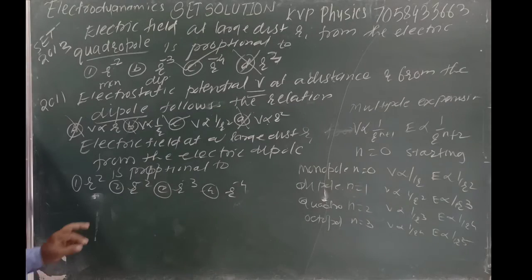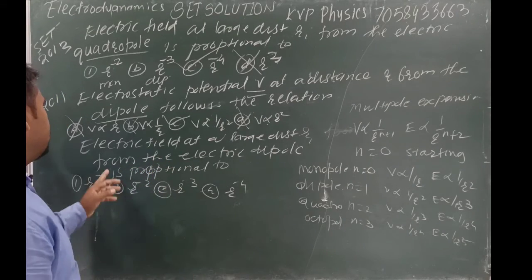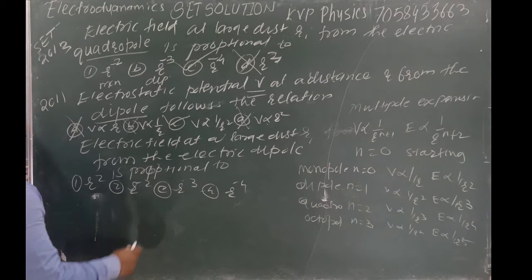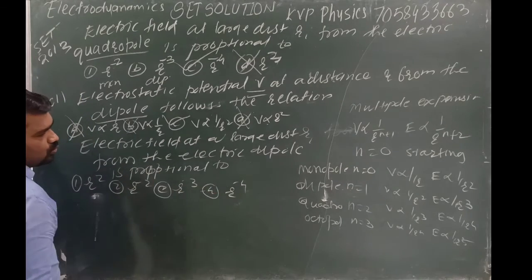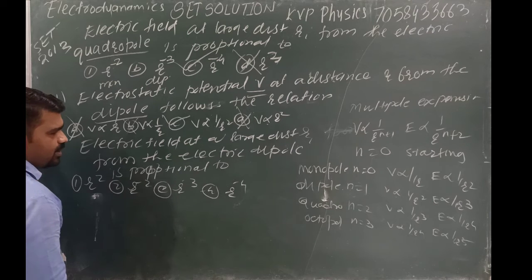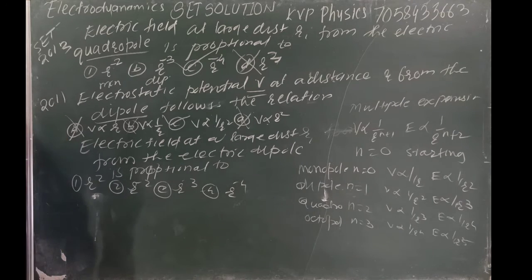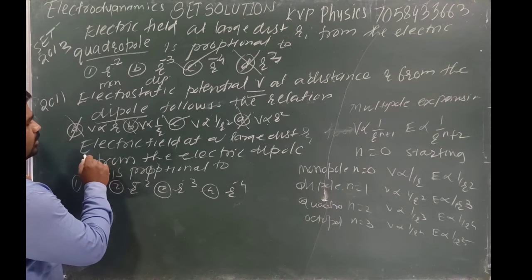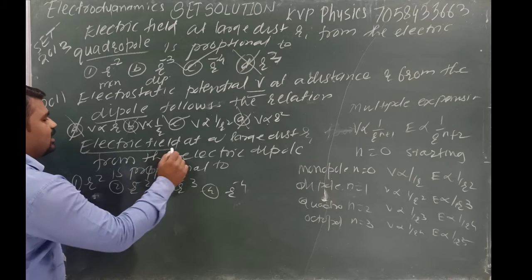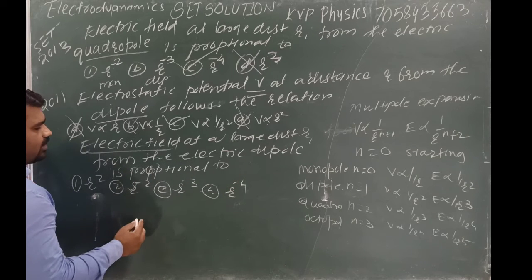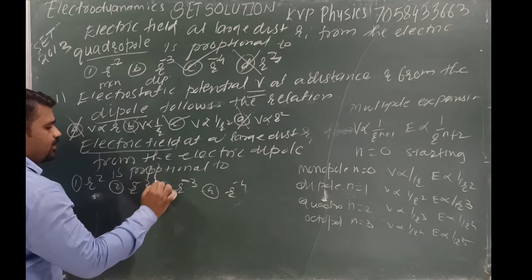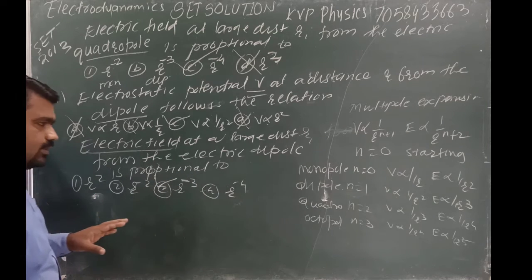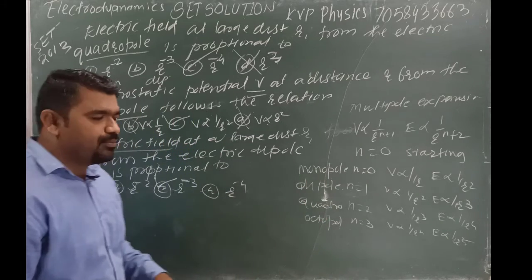Dipole. Okay. Next, electrostatic field at a large distance r from the center of an electric dipole. Again dipole n is equal to 1, which is directly proportional to 1 by r square, and is directly proportional to r to the power 3. But they ask for which quantity? Electric field for dipole. r to the power -3. r to the power +2 is not possible. Got it? मतलब आपको स्ट्रेट फॉरवर्ड क्वेश्चन पूछा जाएगा क्या?